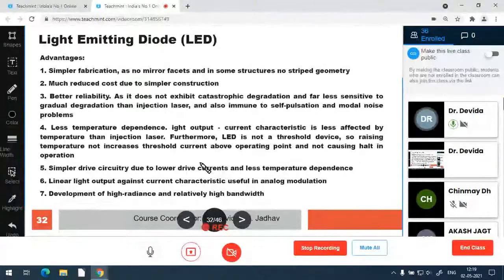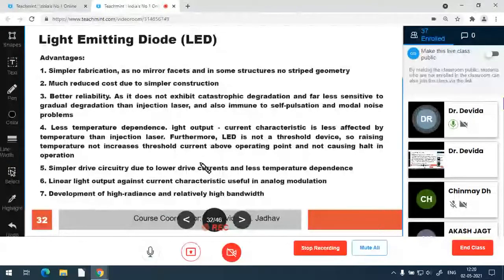So catastrophic means sudden degradation and gradual degradation means slow degradation. Both types of degradation are very much less than in the injection laser, and it is also immune to self pulsation